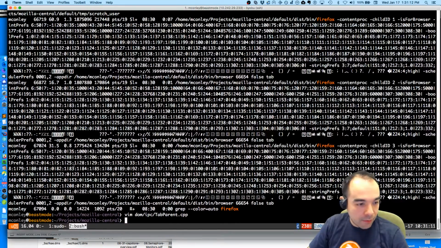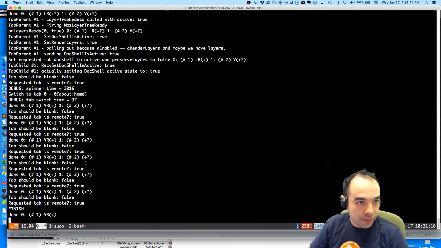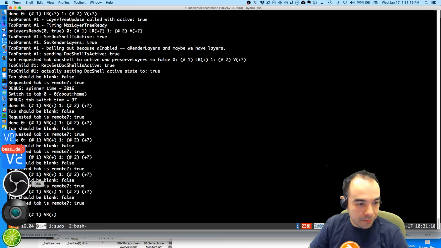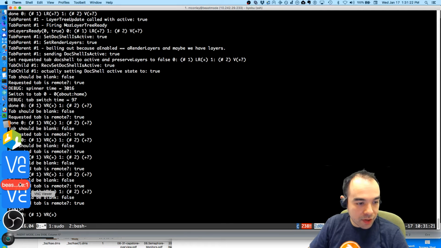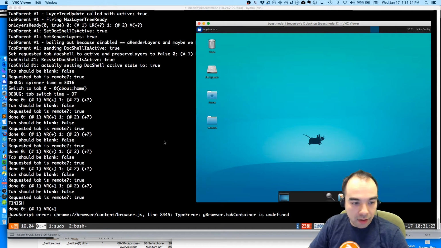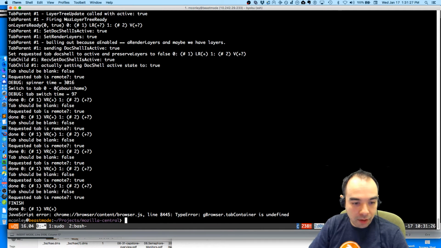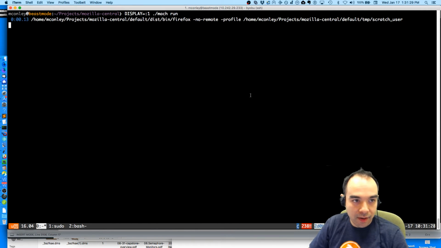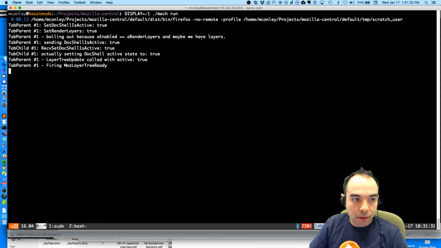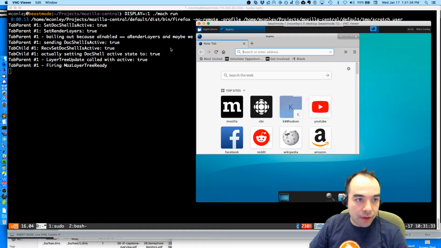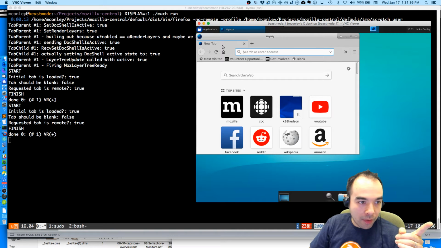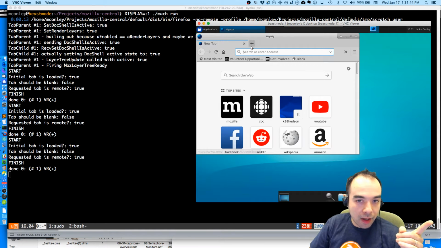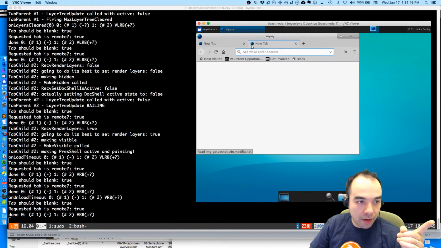So hopefully, if we were to repeat the same steps, let's do this all over again, but let's pay close attention to the logging messages here. So the doc shell is active in tab parent 1, that's this one. And we have a Moz layer tree ready in tab parent 1. And then we open a new tab here.